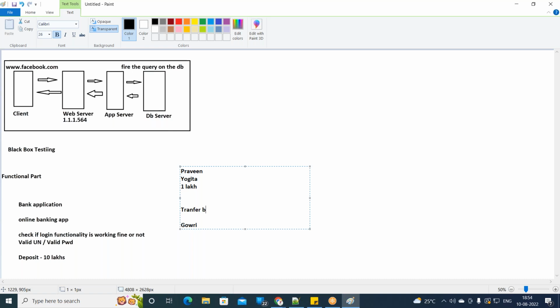Transfer button. What will happen after this? Once the transfer button is pressed, what will happen, guys? Somebody unmute yourself. Okay, SMS will be generated. Gauri will enter the SMS, and then click on the send button. Then money is transferred from Praveen to Yogita's account. How much? 1 lakh. So whether money is transferring or not, Gauri will check